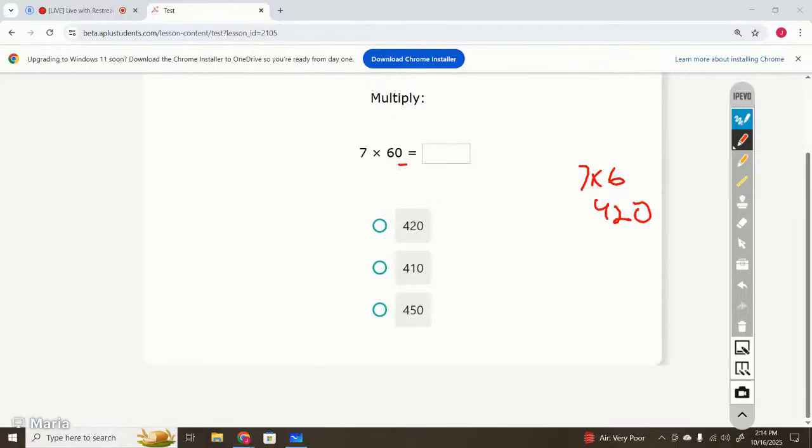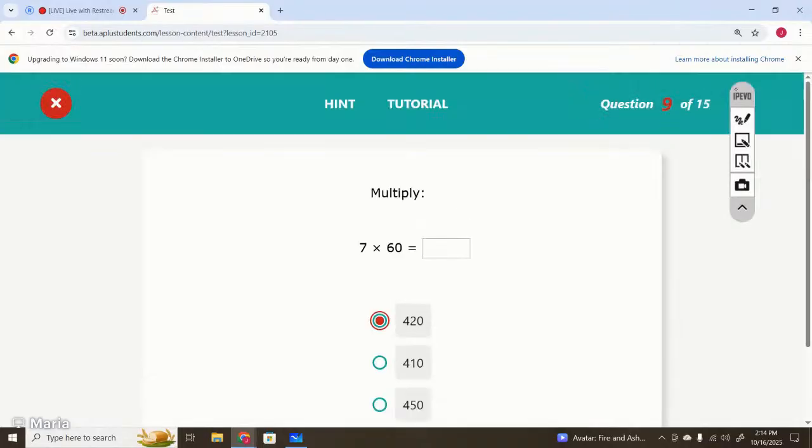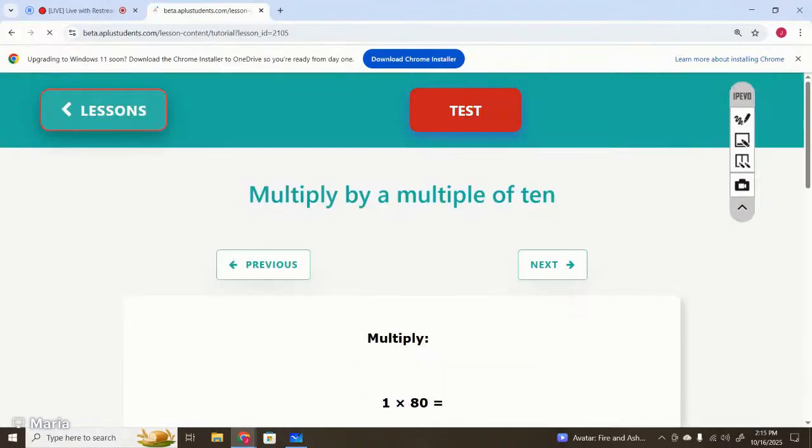So that is 420. Option number 1 is the correct option. Okay, you can complete the lesson by yourself later to move on to the next lesson. The next lesson is